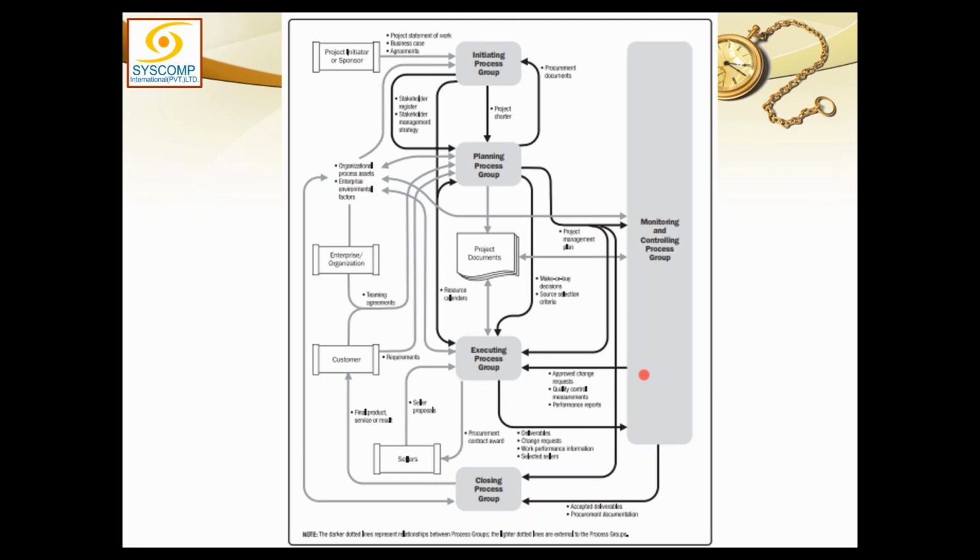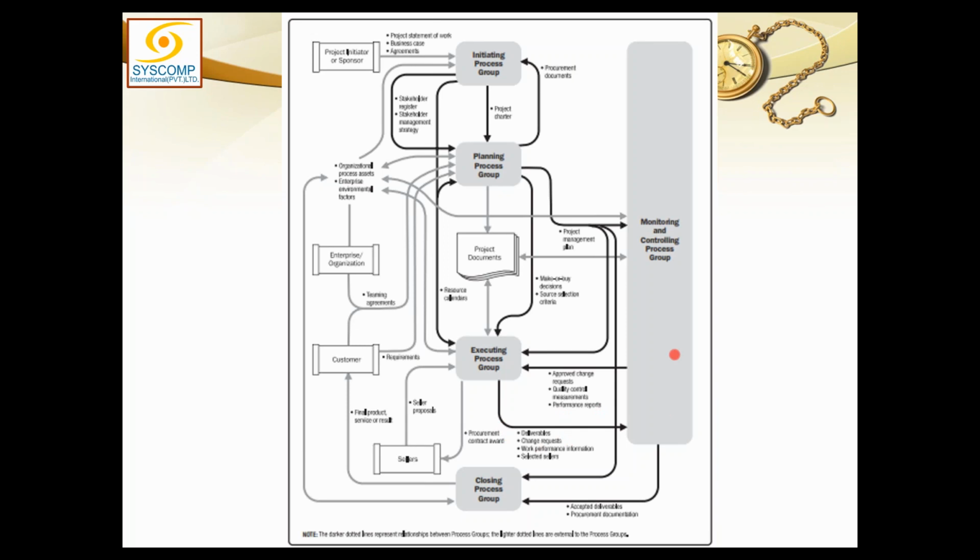Now, what else was done by controls? Controls also suggested some change requests. Every process in monitoring and control has the authority to move a change request. And we also received some change requests from execution, which is shown here. When execution was sending data to monitoring and control, there was a change request also. So a change request could be generated from execution or from any process within monitoring and control.